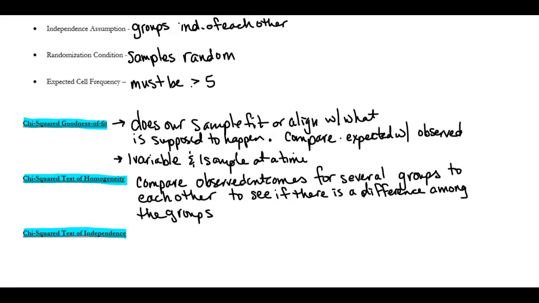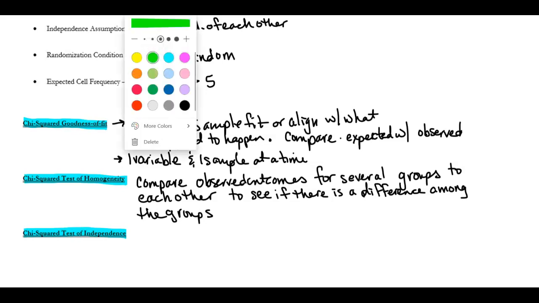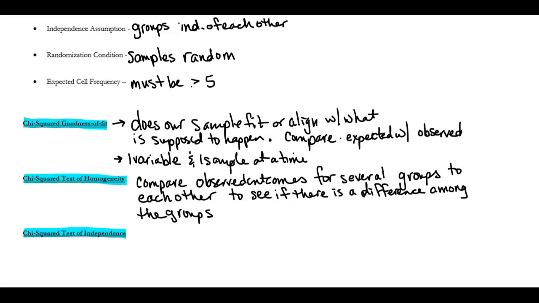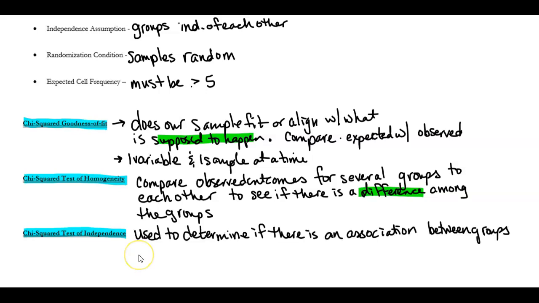And so let's look back up here. Goodness of fit looks like it's what's supposed to happen. The chi-squared test of homogeneity looks for a difference. Those are the key words of what's happening. And then our last test is the chi-squared test of independence, and it's used to determine if there's an association